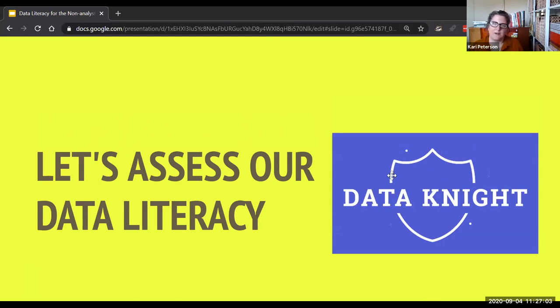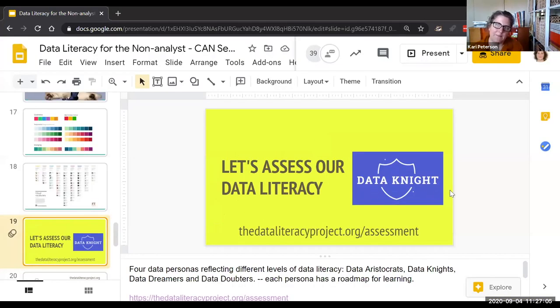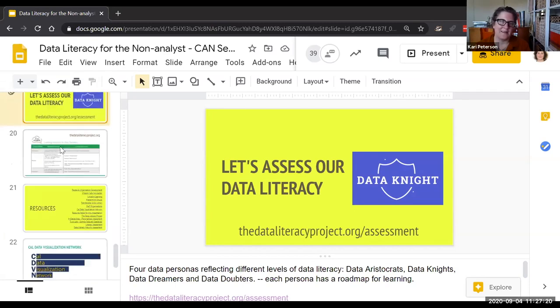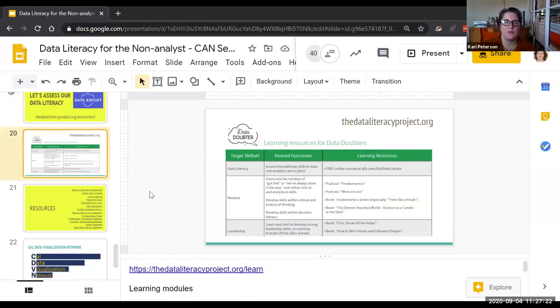It's just a handful of questions. It's a free assessment of your data literacy level. And then what's cool is they give you a roadmap according to what you feel like your own level is. The assessment itself is not perfect. There's a lot of problems with the choices they give you, but what's really cool here is that they have set up